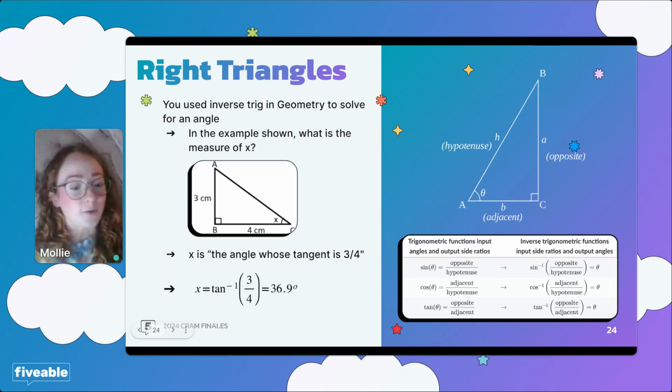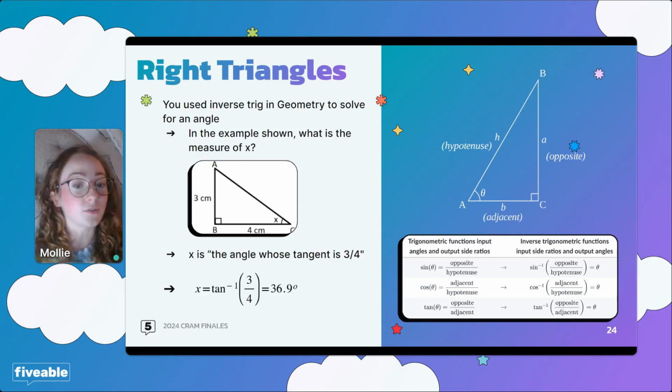So speaking on right triangles a little bit, let's say that you're given this triangle here, where you are only really given the two side lengths. You have your 3 centimeter side length and your 4 centimeter side length. The input of your function is going to be a ratio of sides. It's going to be 3/4. And you could see, we were speaking earlier on SOHCAHTOA, tangent would be your opposite over hypotenuse of the angle that you're looking for. I mean, opposite over adjacent.